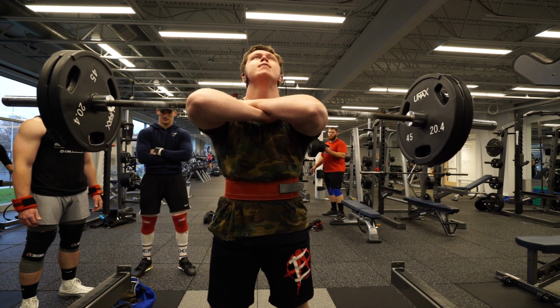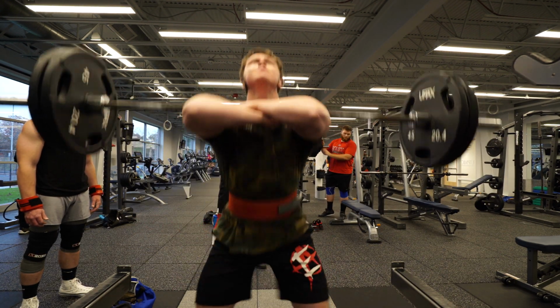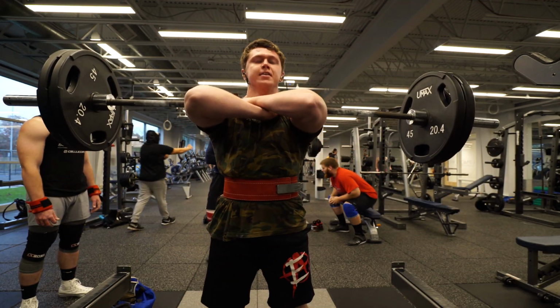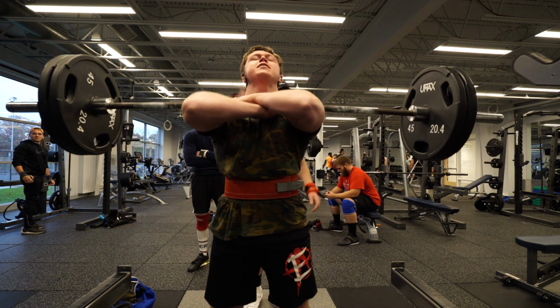You know, right now my front squat is a paused ass to grass 365 on back squat, and I'm talking ass to grass, like ugly ass to grass. I have issues with stopping at parallel. My body naturally just wants to take my butt to the ground, which isn't really good when you're talking